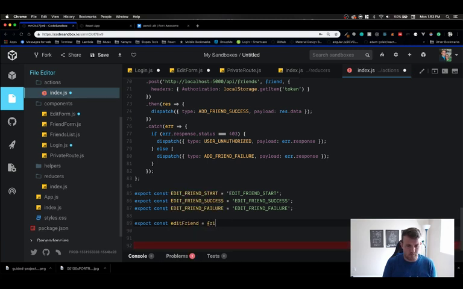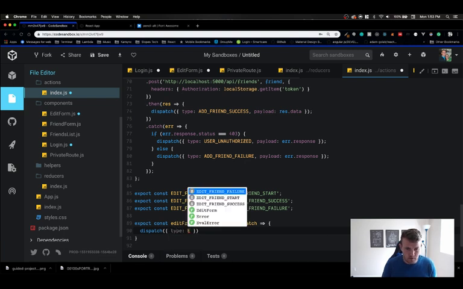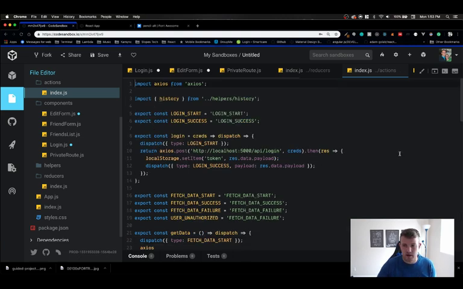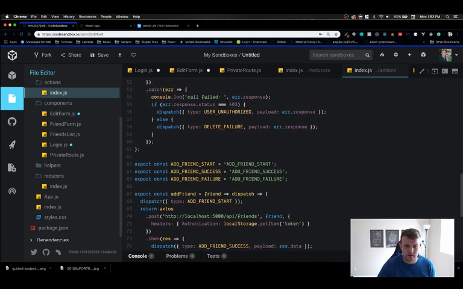This takes in a friend object. It's a thunk, so we return another arrow function that gets passed the dispatch function. We're going to first dispatch type EDIT_FRIEND_START. So let's go ahead and add all three of these